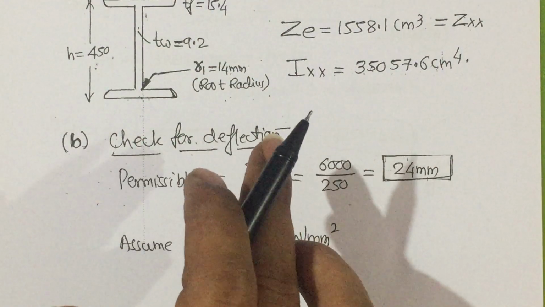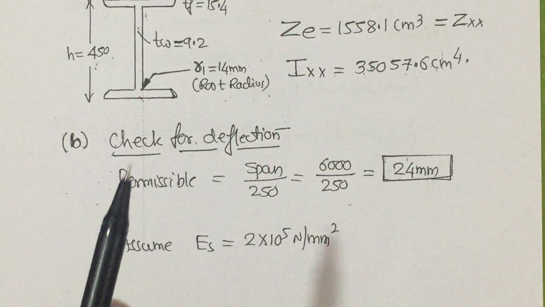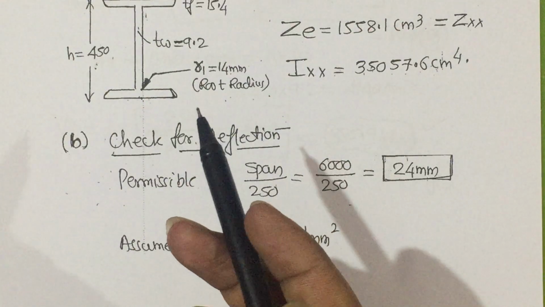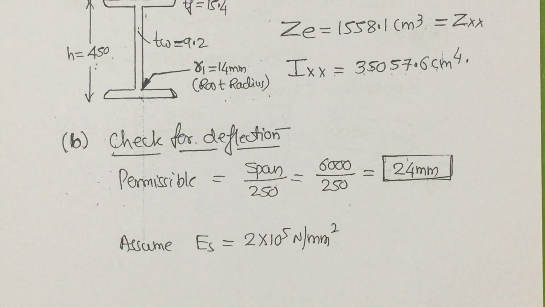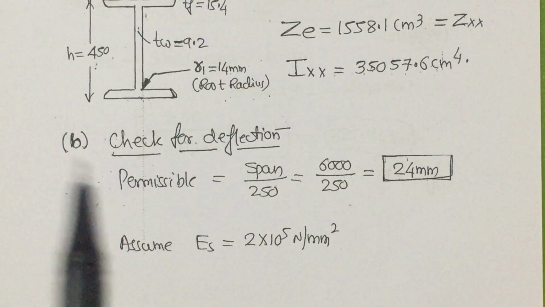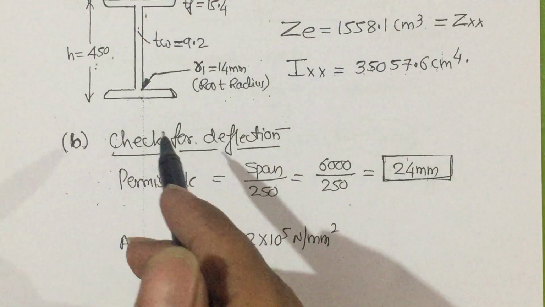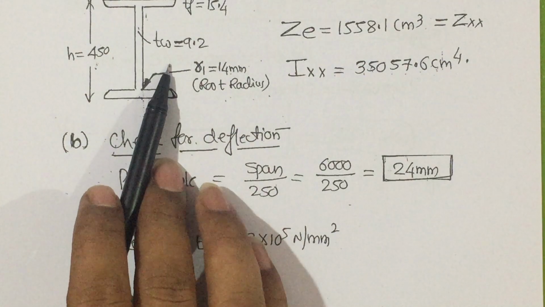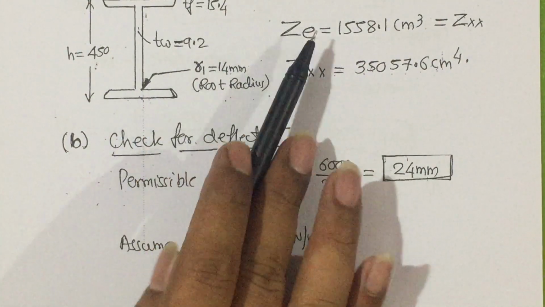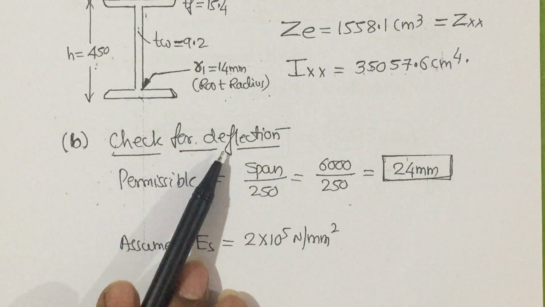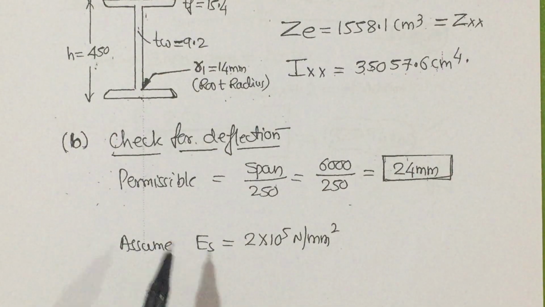Now we did the load calculation, we calculated ZP, then we increased it by 20%, then we will go to IS 800 page number 138. Based upon the value, we are going to select the section. For the selected section, we are going to write down all the values from the steel table. Then we will move on to the second step, check for deflection.